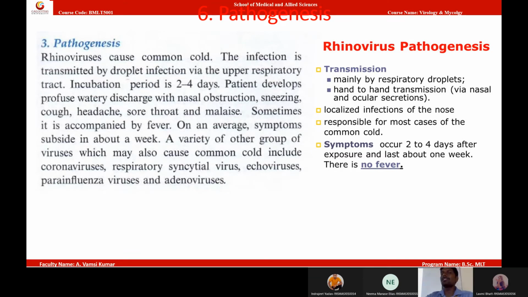Sometimes what will happen? Ruptured blood vessels may fall. Some of the ruptured blood vessels may shed into the fluid. That is why sometimes you will see red threads in your cold. Have you seen? They are the blood vessels of your nose actually. Okay. So this is the pathogenesis of rhinovirus, to be precise.